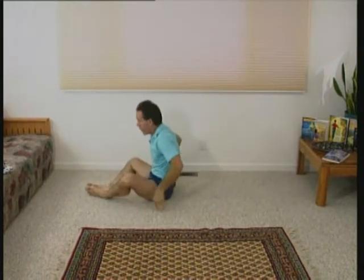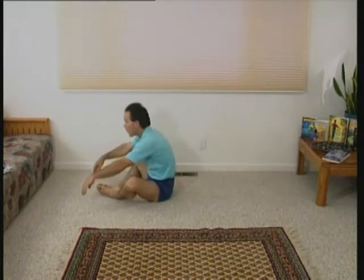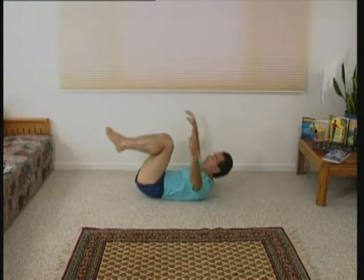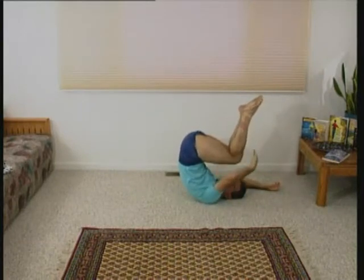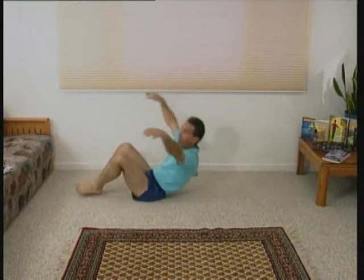When you come forward, your knees come out and the soles of your feet are together and your head relaxes. It's not ballistic or jerky stretching, it's just relax into the motion. Knees out, soles of the feet together. You may be so stiff that you can only go this far. That's fine for now. Or you may only be able to roll this far. And that's okay if that's what you can do. But eventually you want your arms over your head, roll back with the knees over your forehead, knees bent. Then as you come forward, you round, knees out, head down, and back,